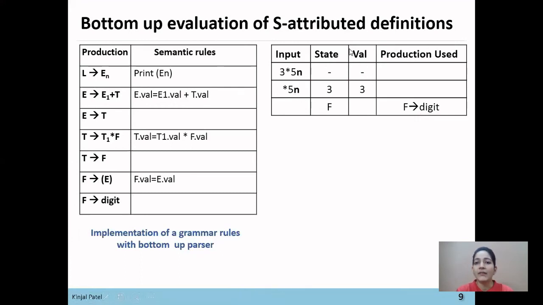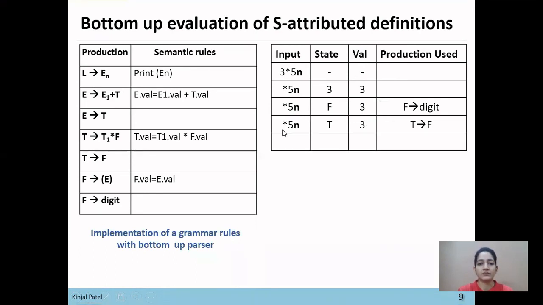So here the value attribute means the attribute has value 3. Now next we want to replace this F with T. So T derives F is used to replace this F with T, and value is 3, and in the input buffer there is the string *5n. So as we want to perform T1 star F, T has been derived.